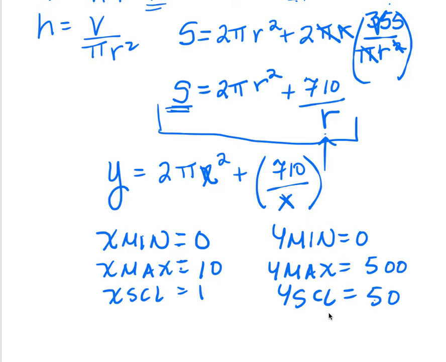So remember, second calc, minimum, option 3. And you're going to pick the left bound. So you want to be left. You want to get your cursor to the left of the lowest dip there. Press enter. You want to go off to the right of the lowest point, and then for the guess you want to try to get on top of where you think the lowest part of the graph is, and press enter, and you should get x equals